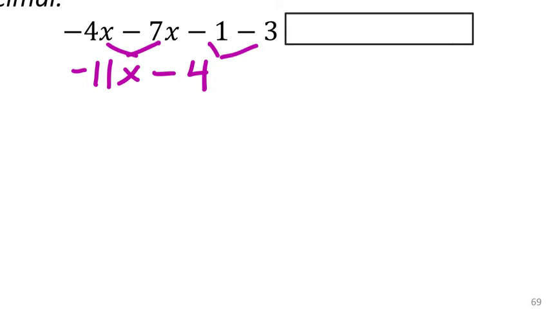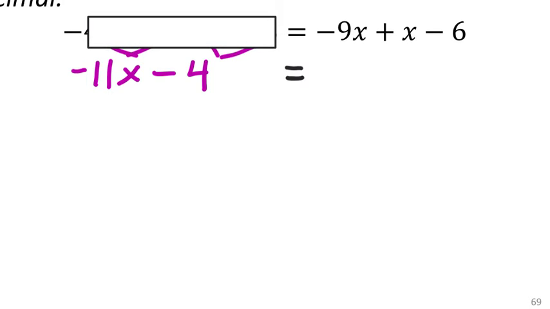Okay, so that's as much as I can simplify. I've got an x term and a constant term, a number term. Nothing else I can combine here. So I would be looking then to go now to the right side of the equation. So I'll move this. In fact, it kind of covers up that. So at this point, I'm looking at the right side, and I want to combine any like terms. I have negative 9x, and again, that's a positive 1x. That would give us negative 8x. And then the negative 6 just stays negative 6 there. Okay, so I've completely simplified